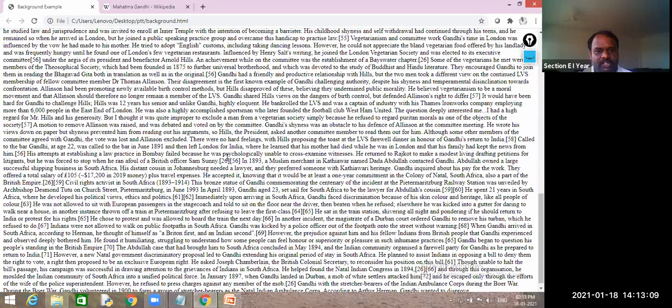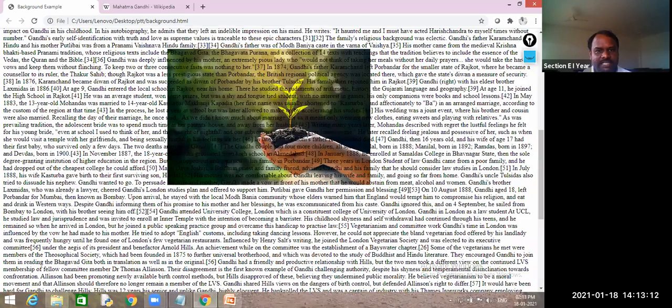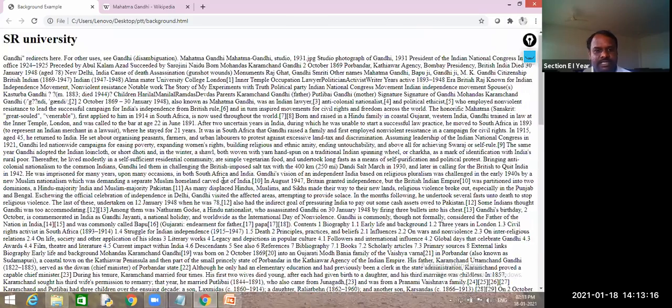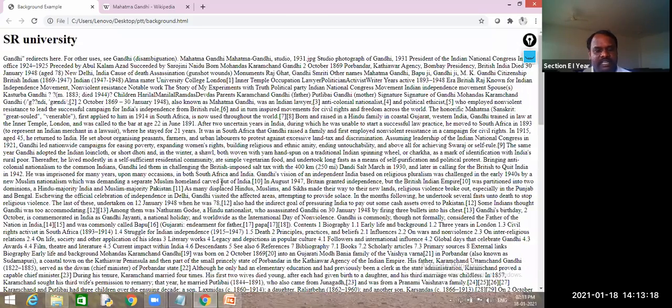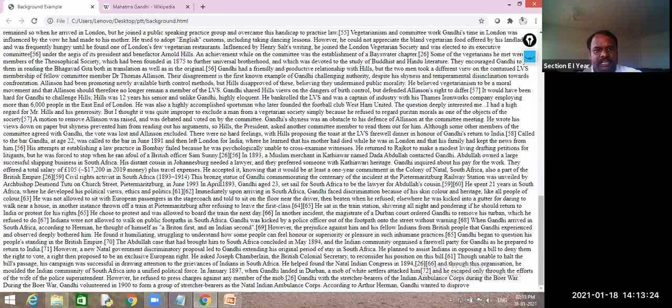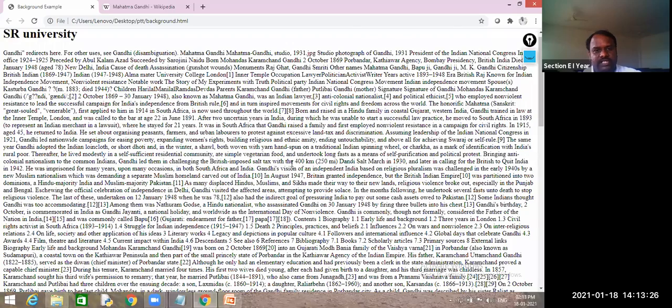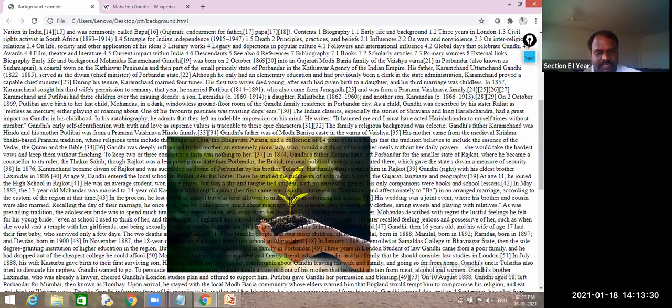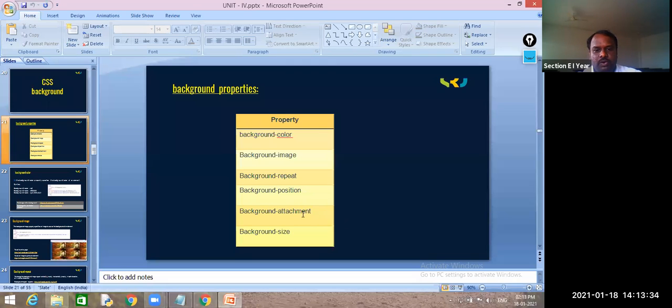But one more thing, what is happening with your text? Your image is moving. But is it the correct way? Is it the correct way of implementing web applications? No. Then how could I stop this one? Yes, we have another property, that is attachment. We have only two values for this one. One is fixed and the next one is scroll.